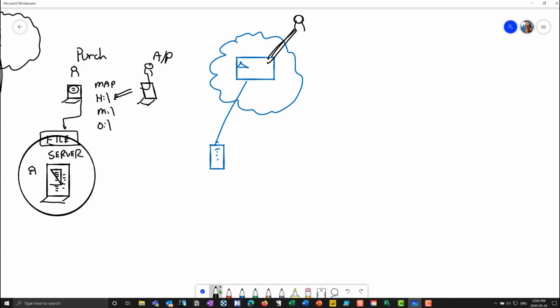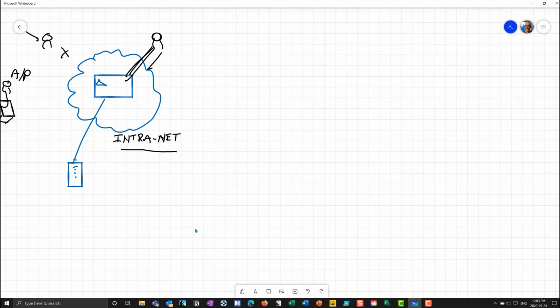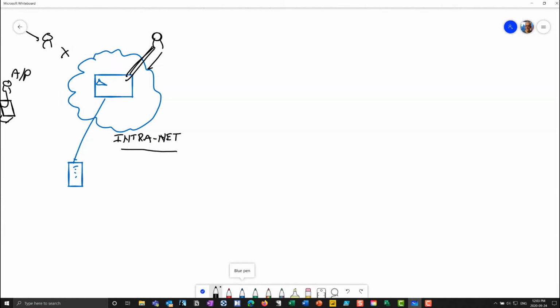If I want to create my own internet of sorts, I can make this an intranet. And an intranet is basically just an internal internet. So we don't allow the public to come in here, but we allow employees to come in here. That's called an intranet. Now, to make the management of those intranets easier and more effective, companies like Microsoft came out with products that were